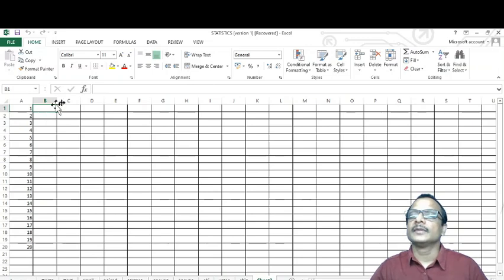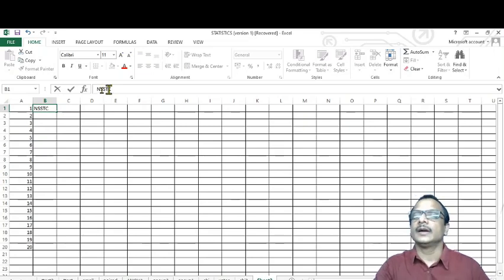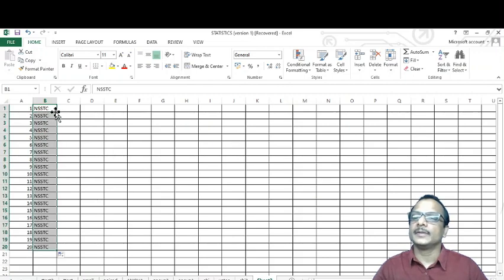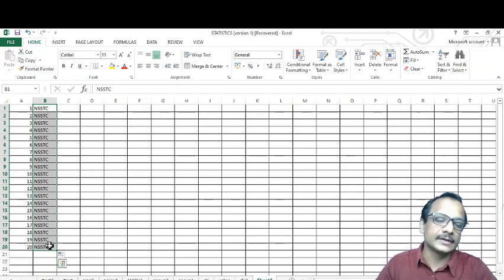Okay, here in this column, if I like to type NSSTC and want to fill the same word up to 20, you can click here and drag. Otherwise, you can double click here. If you double click, it will fill automatically up to this. And these are some of the features of Microsoft Excel.